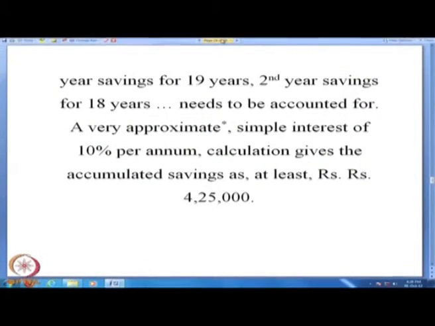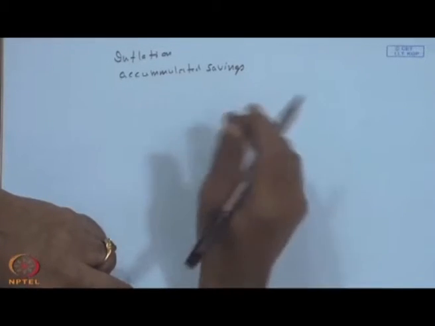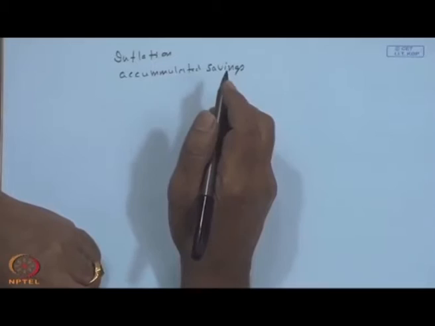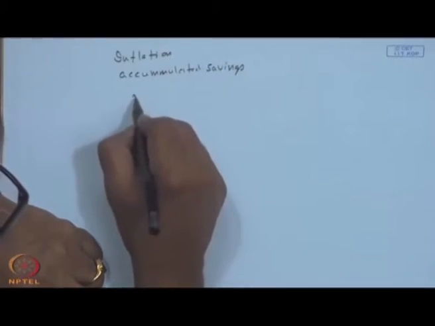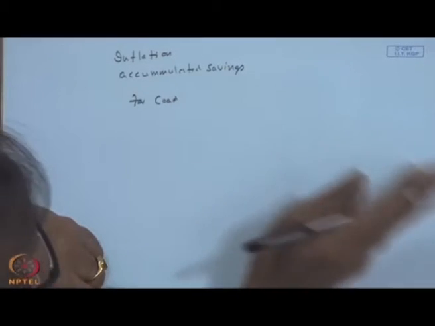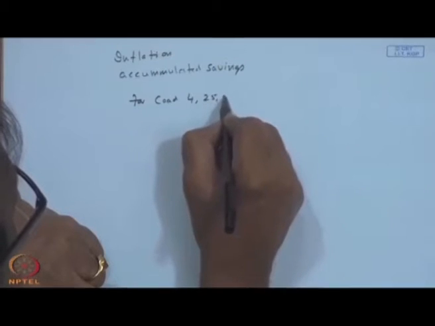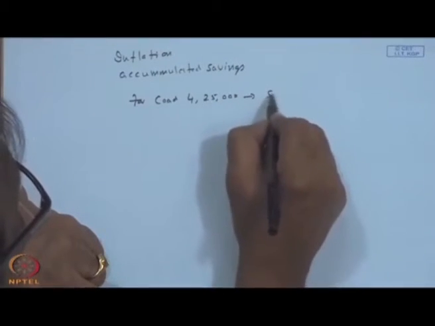First year savings are all right, but if you are putting it in the bank, first year savings will be for 19 years, second year savings will be for 20 years, then that amount turns out to be for coal, not that 1 lakh something, but 4 lakhs 25,000 with a simple interest